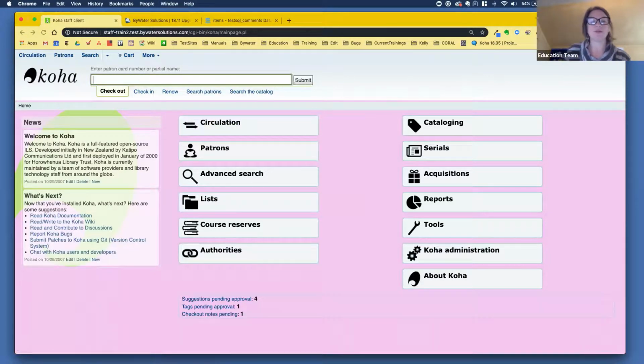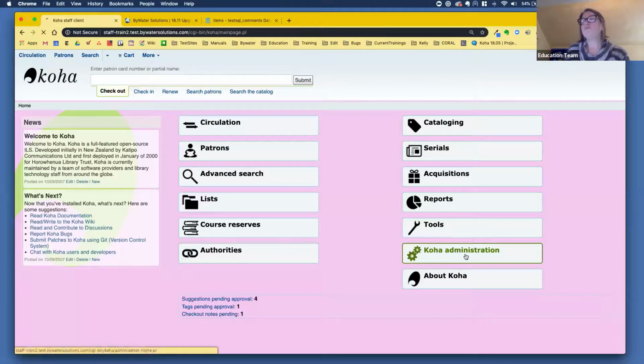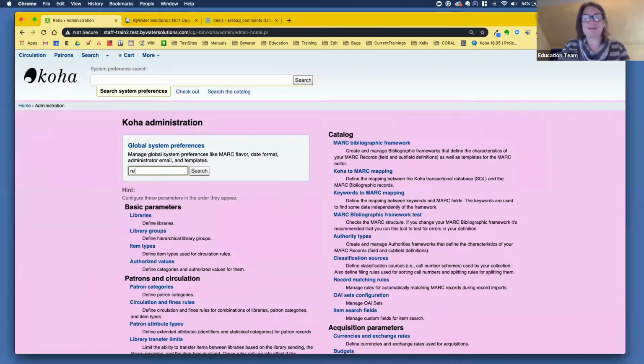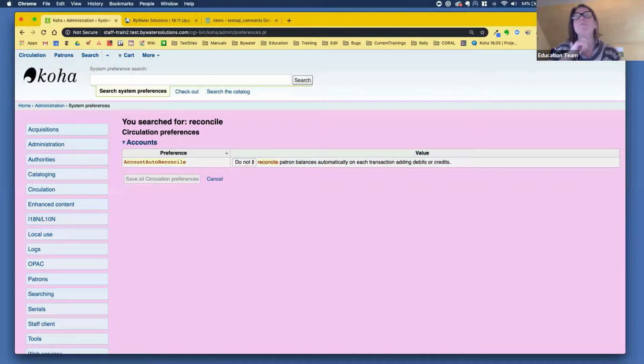Okay, so let's go into a new system preference called auto reconcile, I think. It doesn't really say in my notes, so let's put reconcile. I think everybody remembers account auto reconcile. Sometime in 1805,